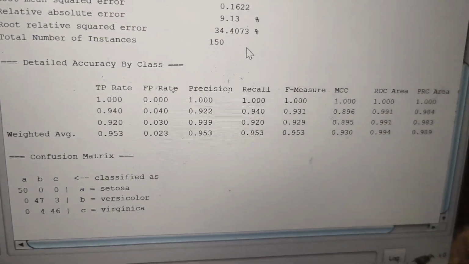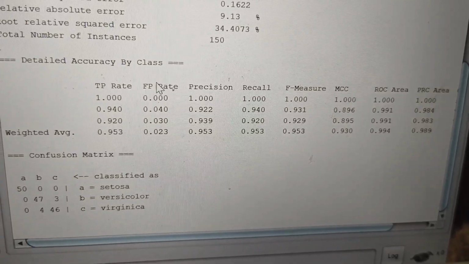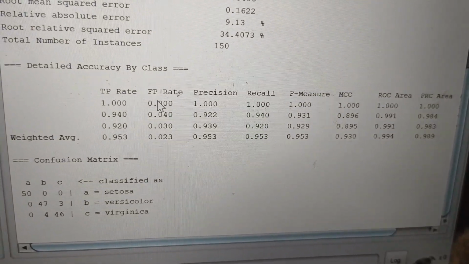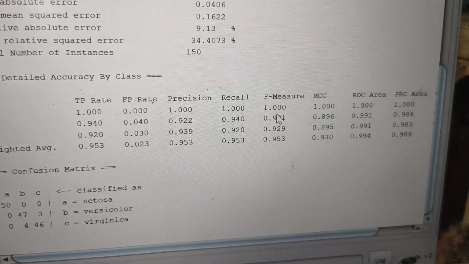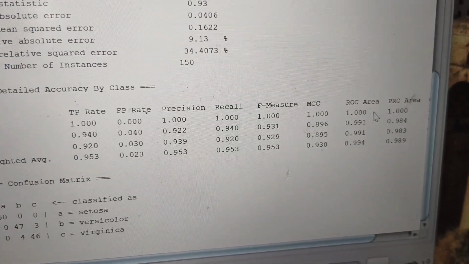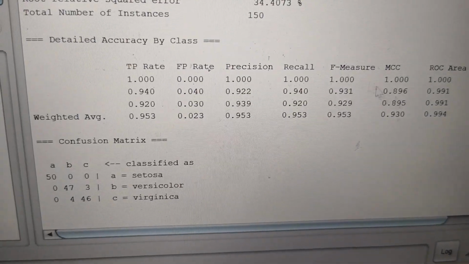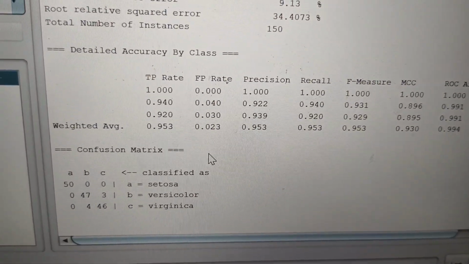The next one is the detailed accuracy report. That is true positive, false positive, precision, recall, F measure, ROC area, and the last one, the confusion matrix.